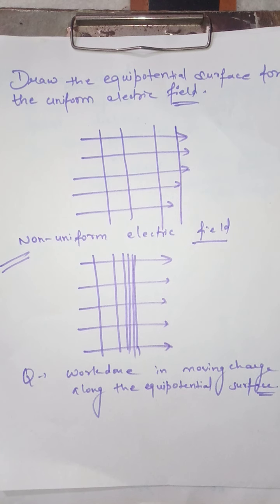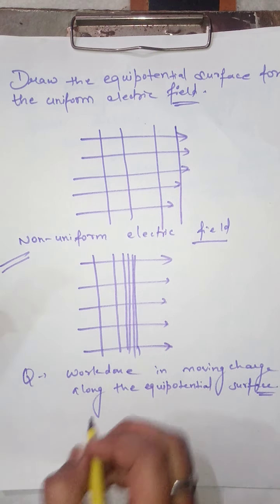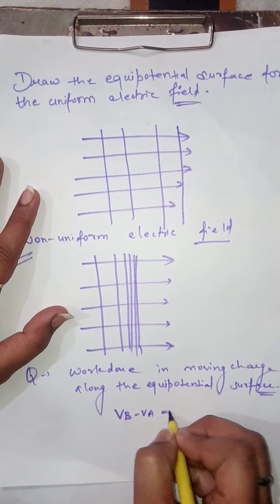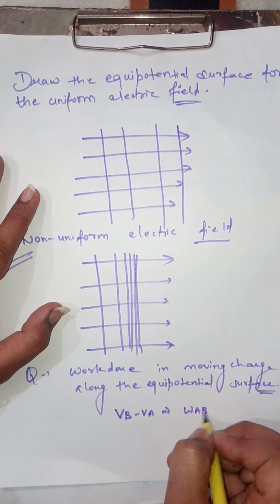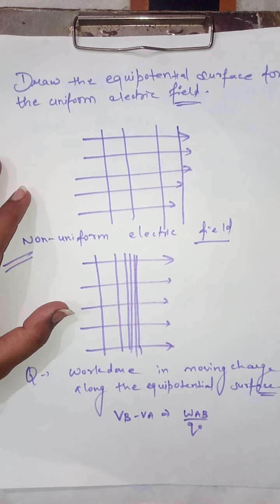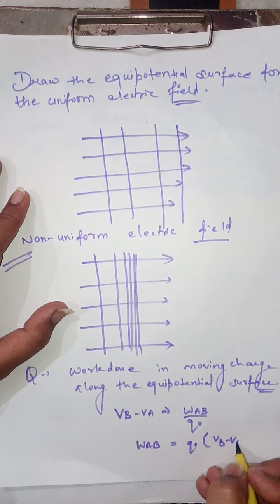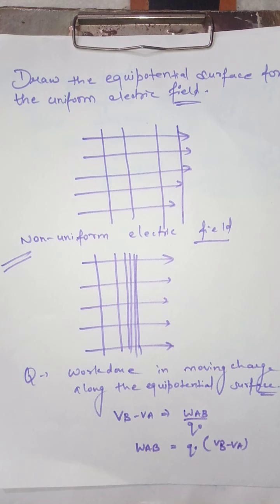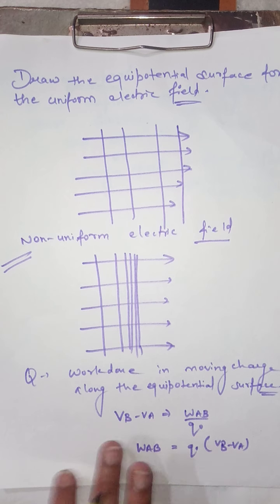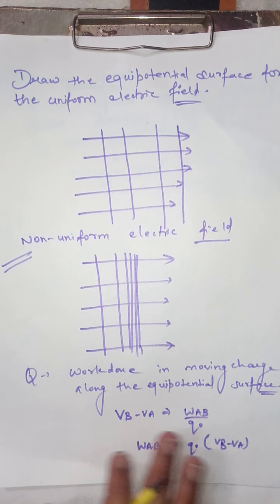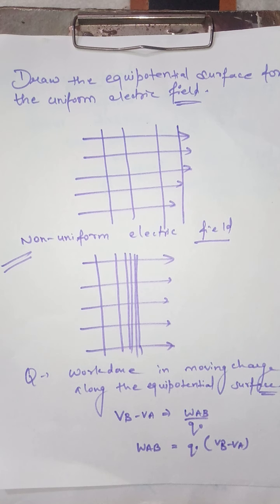In previous lectures, I have told you that the difference in potential is given by this particular formula. So by this formula, we have the value of work done as Q naught multiplied by (VB minus VA). I hope this simple thing is clear to you. I told you this relation between the potentials, the work done and our test charge, which plays the main role as we move it from point A to point B, from point P to point Q, and so on.